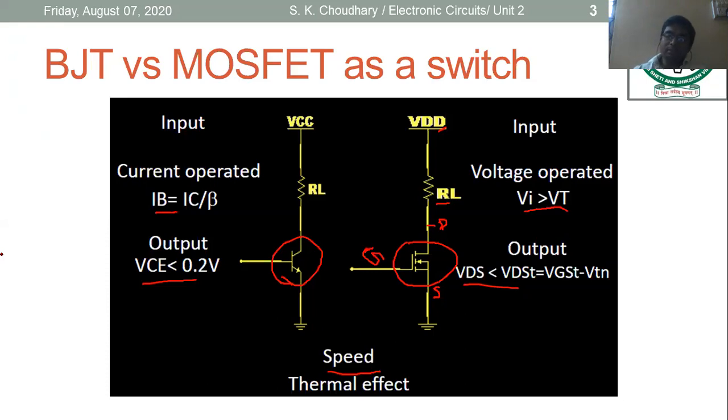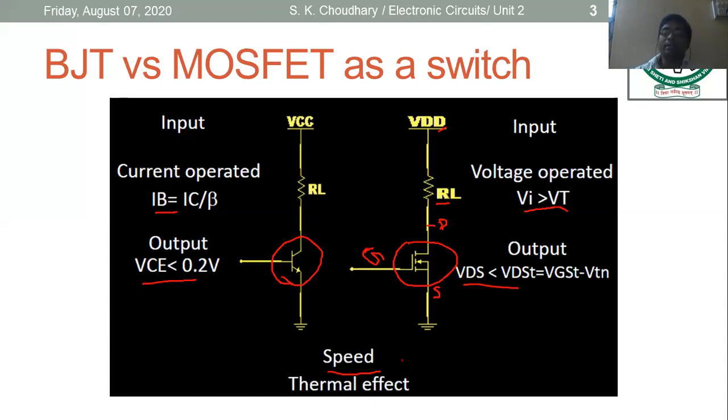Similarly, which transistor would have a problem because of the thermal effect? The BJT has the problem of thermal shutdown, but the MOSFET is free from thermal shutdown, thermal runaway or thermal effect. So that's why the MOSFET is now popular as a switching device, better than the BJT. Some other features of MOSFETs are also responsible for this. One of the most attractive features of the MOSFET is that you can decrease its size as small as possible, down to nanometers. That is not possible with the BJT.